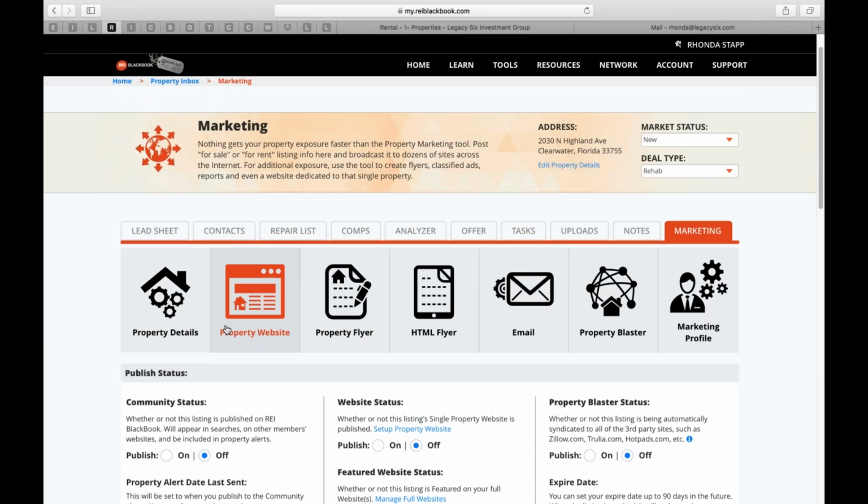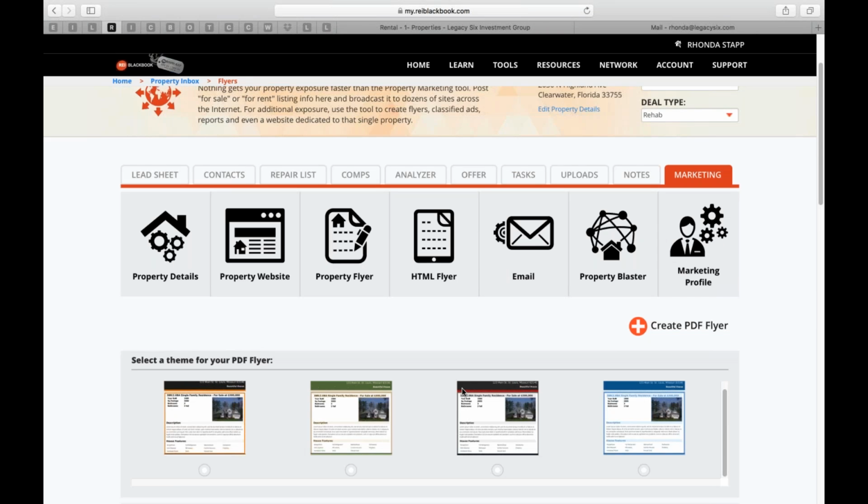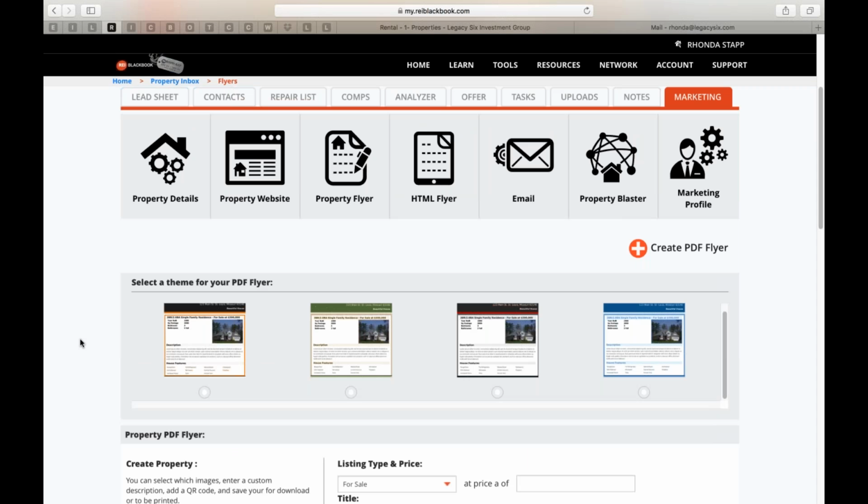You can build, I told you, the property website. You can build property flyers, PDF flyers, which are really great if you want to take them to, say, RIA meetings. Let me just show you what they look like. You can choose from any of these themes. If you click on one, and let's say we like this one,